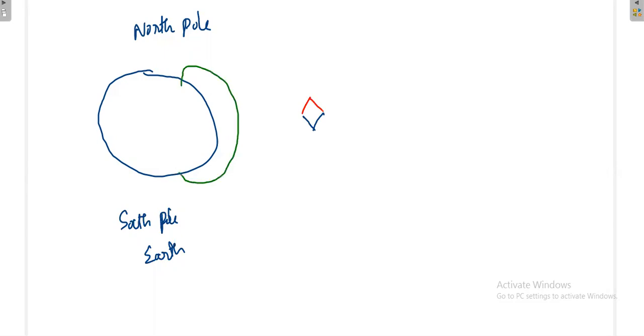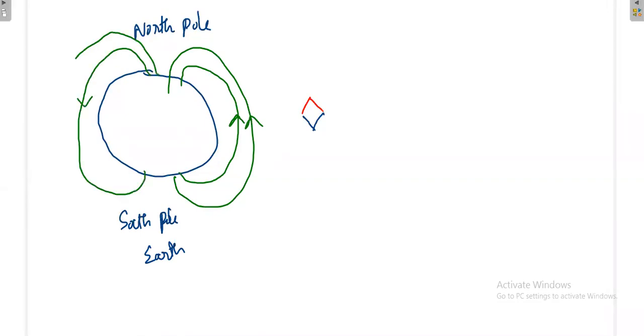The earth always has a magnetic field, and it is going from here to here. Even if you place the compass here, the red color will denote the north pole.